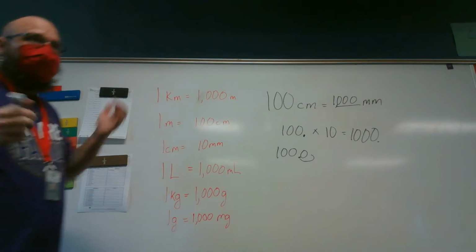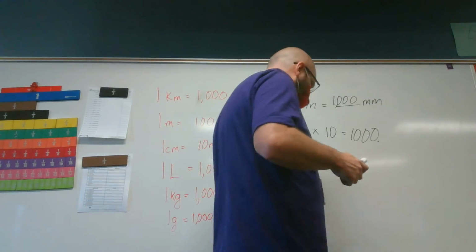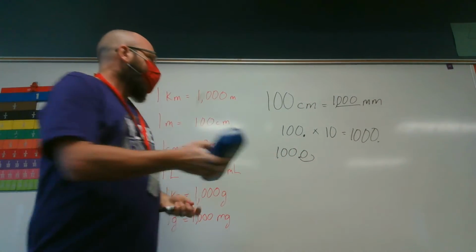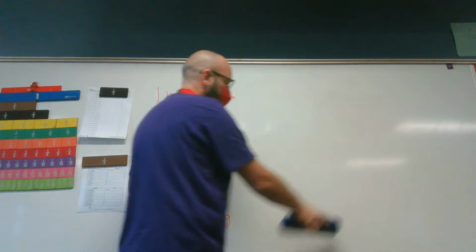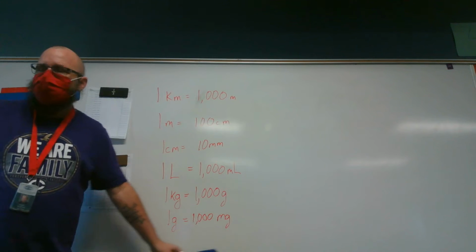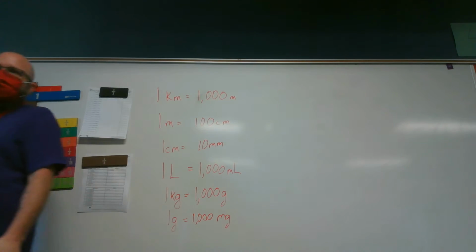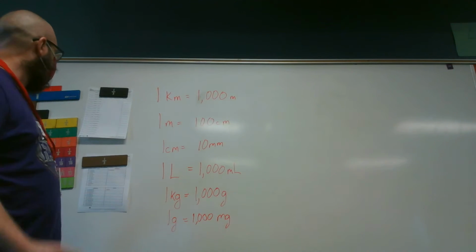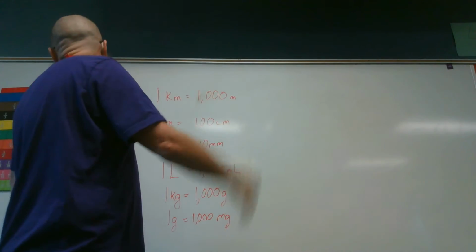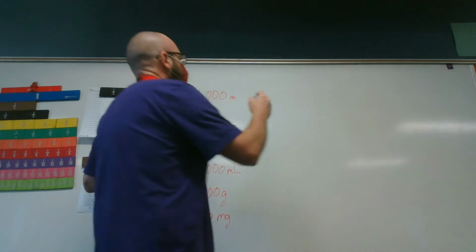Now, what you would have done before is you would end up having to do all the multiplication. You get all these zeros. It'd be all confusing. And nobody wants confusing. So multiplying and dividing by tens, hundreds, thousands makes it really easy. Let's look at